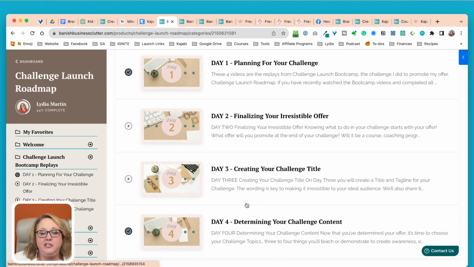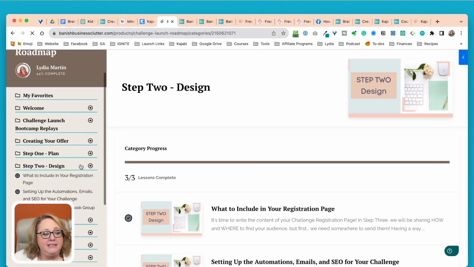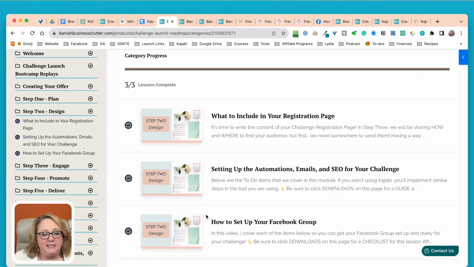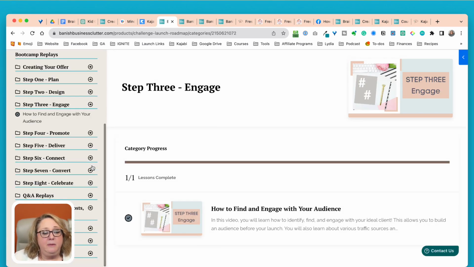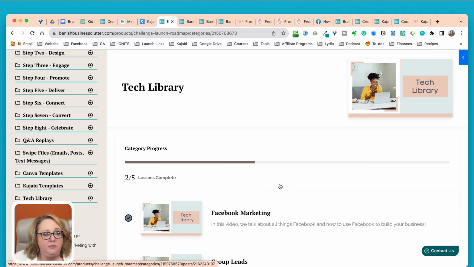the different lessons, not just here in the middle, but over here on the left, you have this constant navigation. Like if I'm on step 2, what do I need to finish in step 2? And as they click complete, these all get check marks. It allows people, in my opinion, the ability to click back and forth where they need to go a little bit easier. So if they're going into the tech library, they can get to what they need to here.